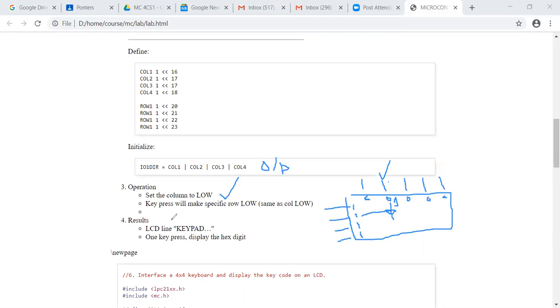And once your program is ready, you compile and download it onto the microcontroller board, and immediately you should start seeing hex digits corresponding to a key press. You try pressing this key, you will see 0. Second key, you will see 1. The last key, you will see F. The program will keep running and keep accepting your key press. Every time you press the key, it will display the digit on the LCD panel. So that is the gist of the operation. Let us see how the program works.